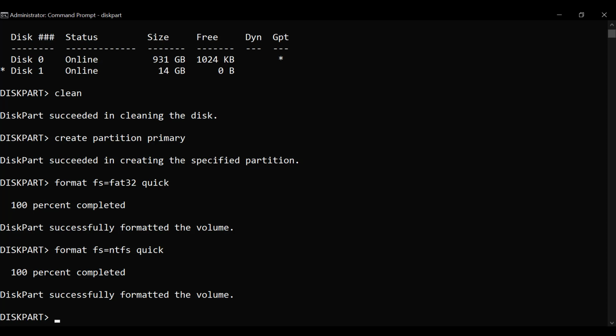However, it's not compatible with old operating systems. Whereas FAT32 is compatible with many devices, many old operating systems as well, because FAT32 is an older file system. It's not as efficient as NTFS, but it gives you compatibility. And there is one more thing with FAT32, that is an issue with it. You cannot store a single file larger than 4 GB.